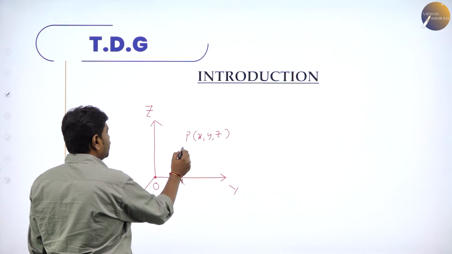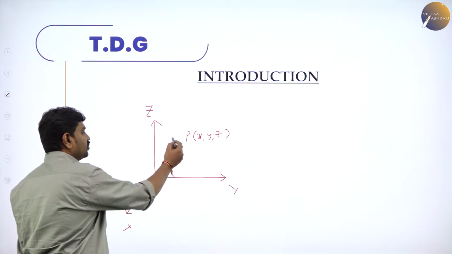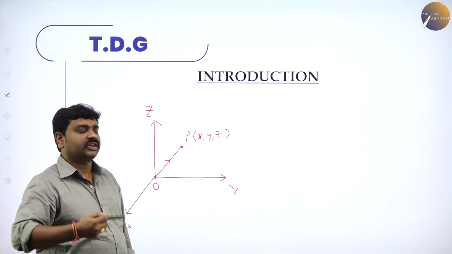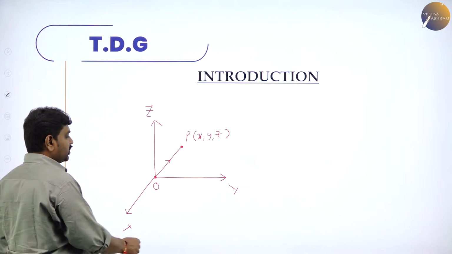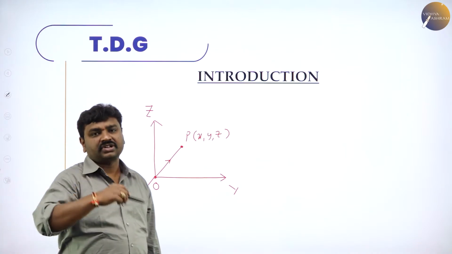And you also studied in my last chapter, that is position vector. Vector drawn from origin to the given point is what? Vector drawn from origin to the given point is position vector. Three-dimensional representation means what? In terms of x, y and z axis. Whatever you studied in your first year PUC.